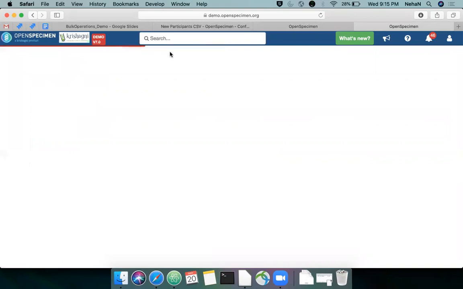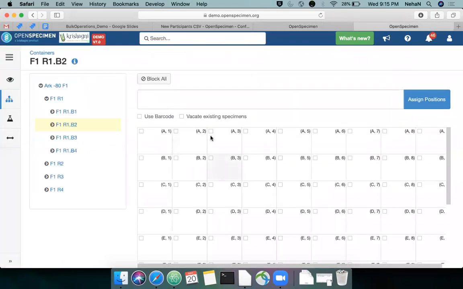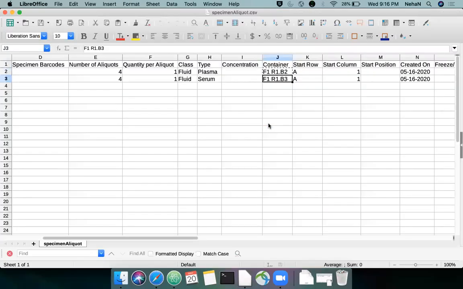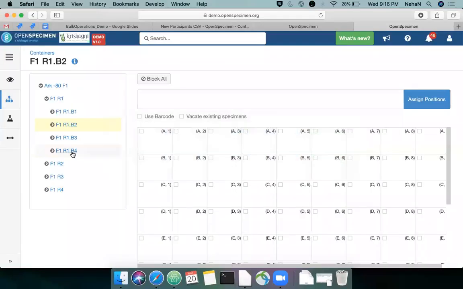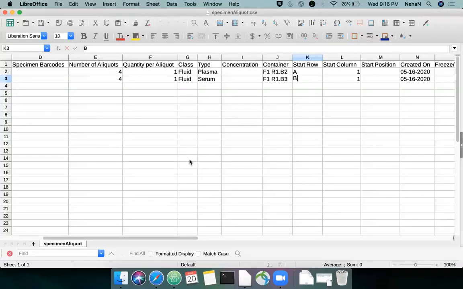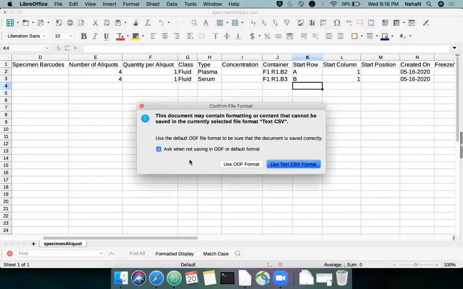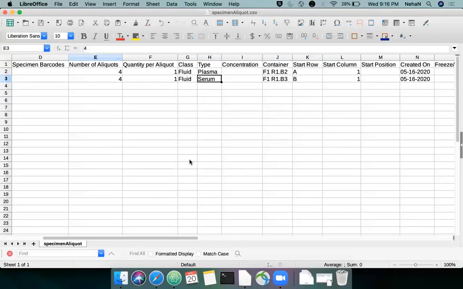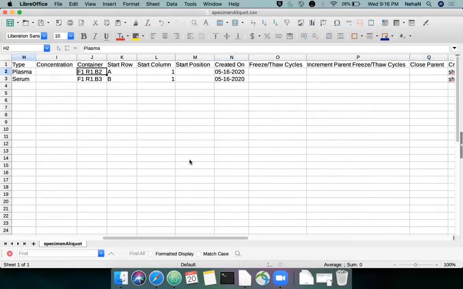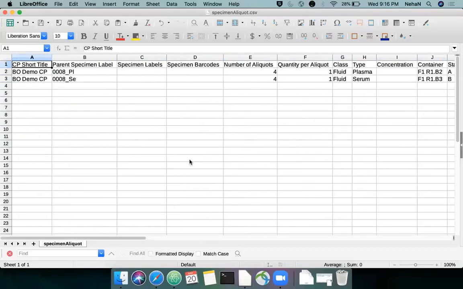Okay, so that's the container. This is my container, that's A1. I need to start it from A1. Similar for B3, I can mention that I need to start that from some other position so that you get to know how to do that. So let me just put this as B. The first available position needs to be taken as B1. Okay, so this is all the information that is needed.